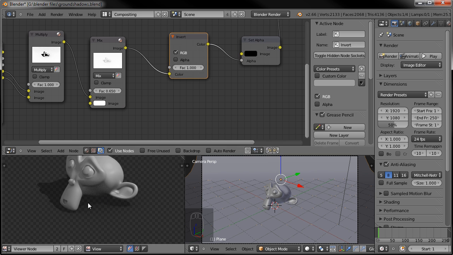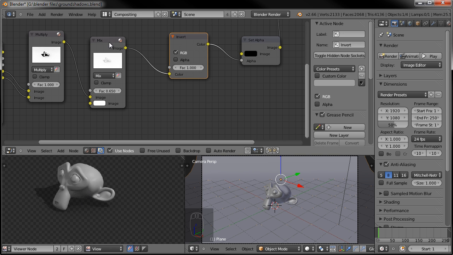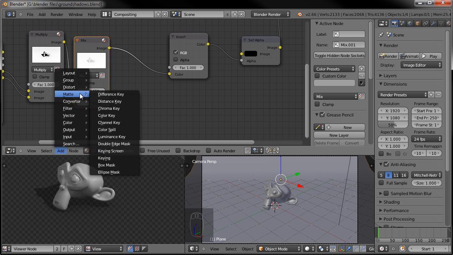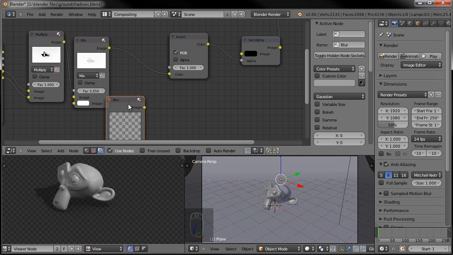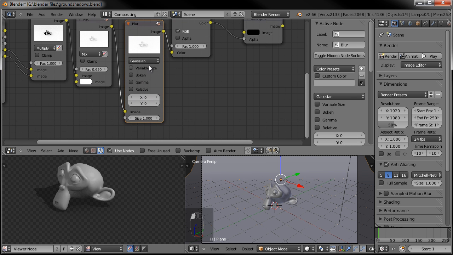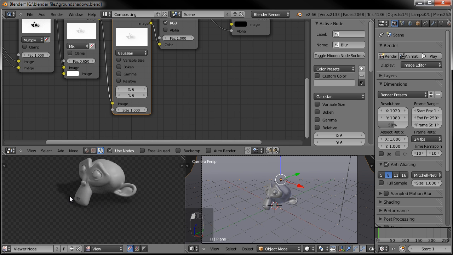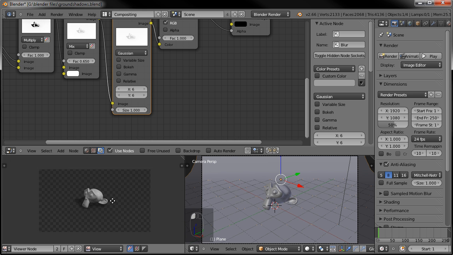Now say you want a softer shadow. That's a pretty harsh shadow. So let's make it a little softer. The easy way to do that, just go to add, filter, blur. I'm just going to pop that in there, and the Gaussian filter is fine. Let's set it to say 6 and 6. So you can see it now has a soft shadow underneath with also a transparent